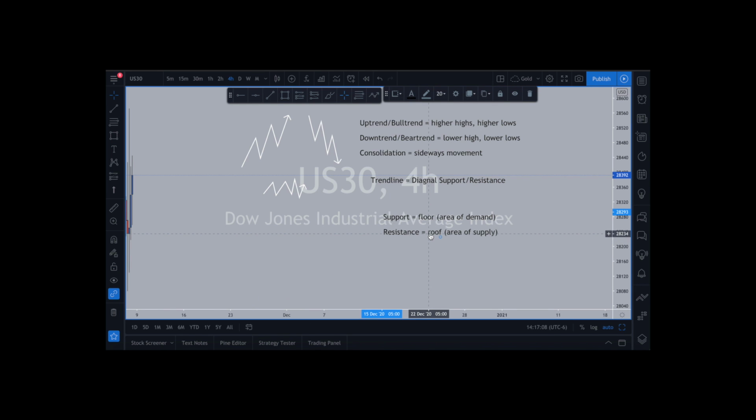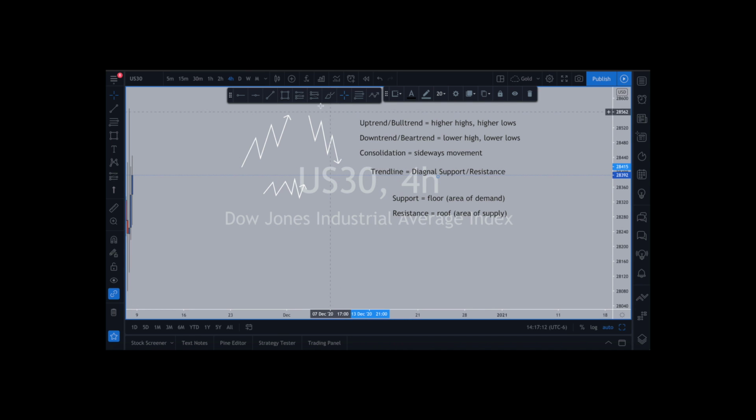And I'll give you some examples of that later. And then a trend line is a diagonal support or resistance. So on this uptrend, your trend line will be right here. It is a diagonal support. Makes sense? It is supporting this trend line up. Every time it hits it for a higher low, it is making a higher high. On the bear side, it is a